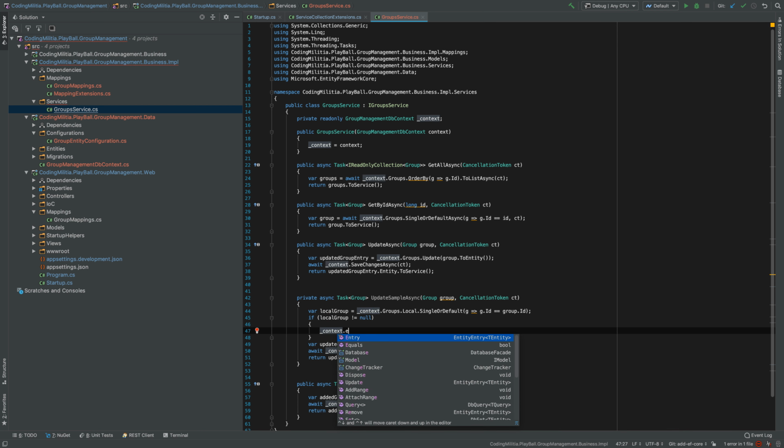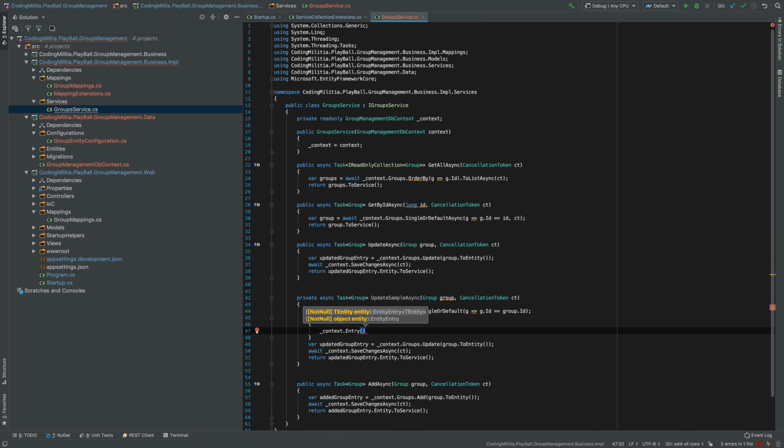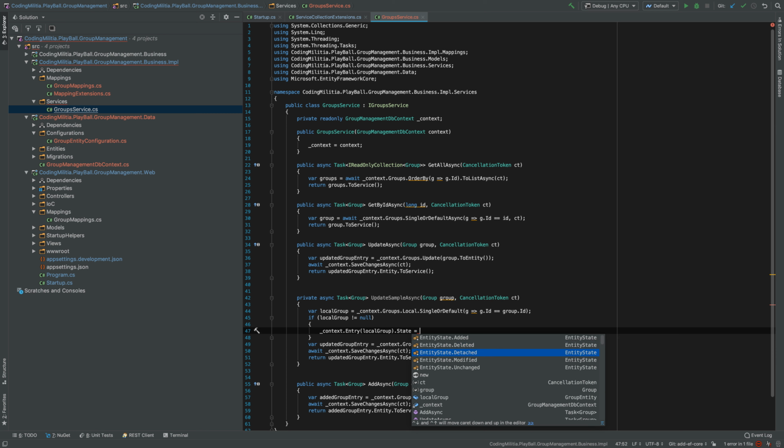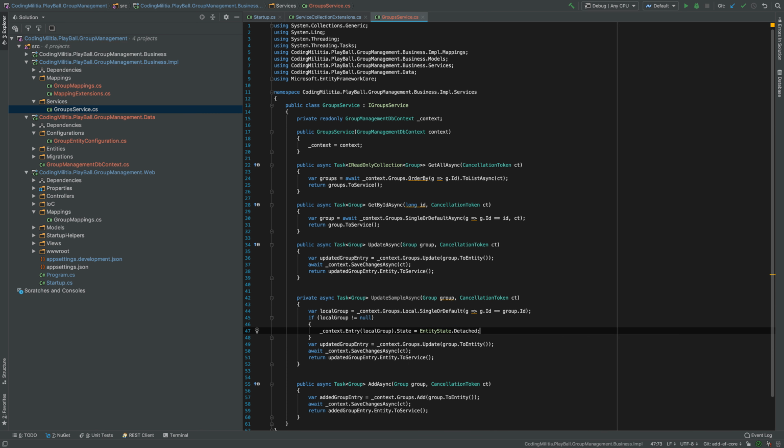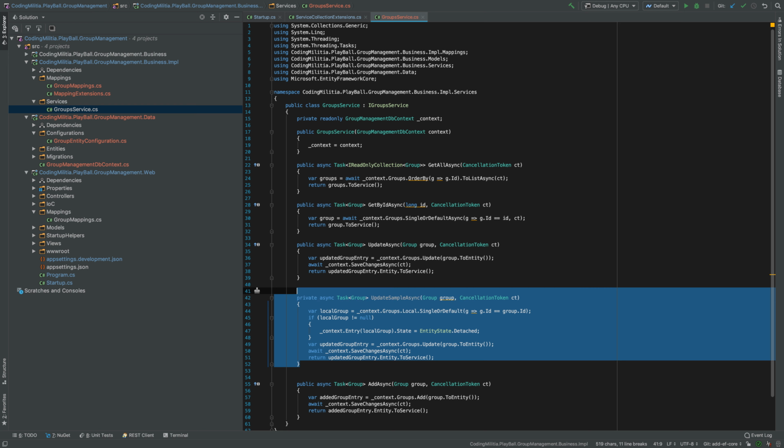context dot entry local group dot state and detach it. So by doing this, we take it out of the context and then we can add a new one. I don't know if it's the best approach, but it works. So we have this bunch of options, but I will keep it simple